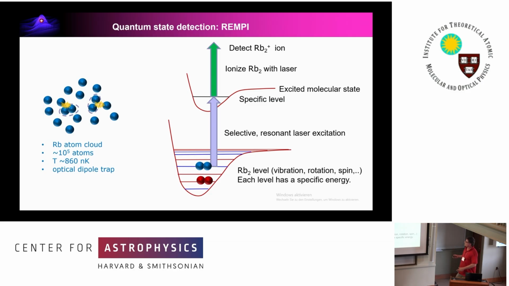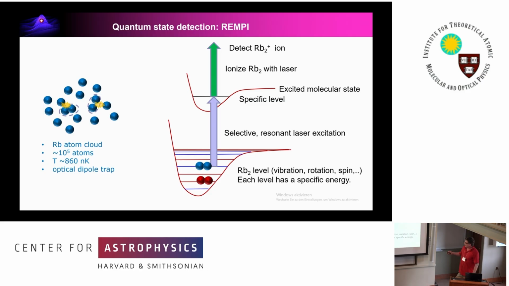So what we do is we ionize these molecules state-selectively. And we do this with REMPI, resonance-enhanced multi-photon ionization. In our case, we use 2 laser photons. The first photon resonantly excites a level to an intermediate level, and then it gets ionized. And then we detect this ion with essentially 100%